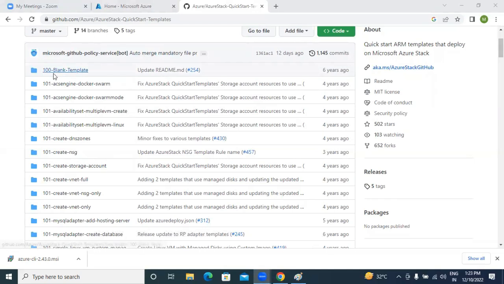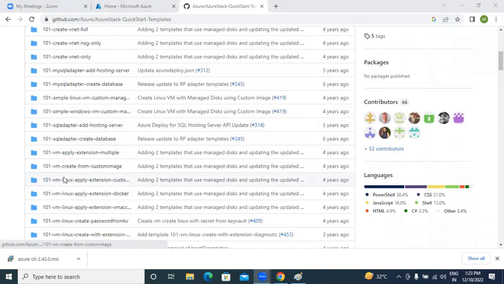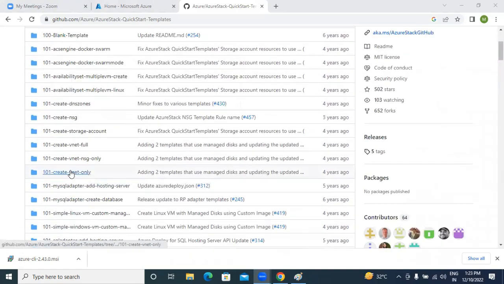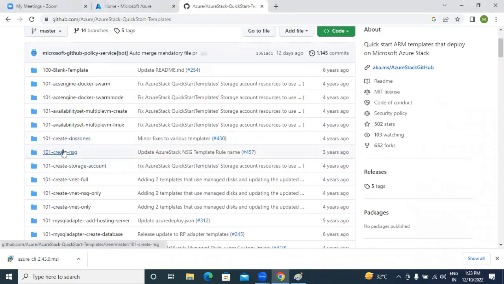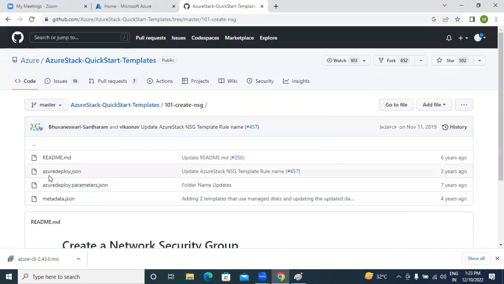See, if you want to create the availability set or ACS engine or anything, if you want to create a simple NSG, VNet or anything, you can just choose that. See here, if you want to create a virtual machine, let's say I want to create an NSG, let's create the NSG. Here, if I'm getting inside that, here I will get that azuredeploy.json file, and here we